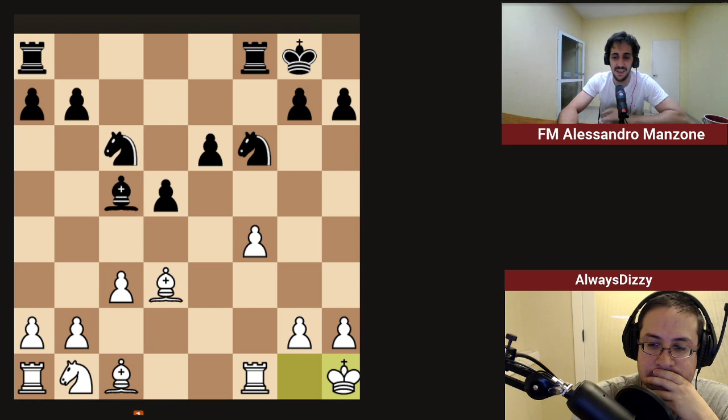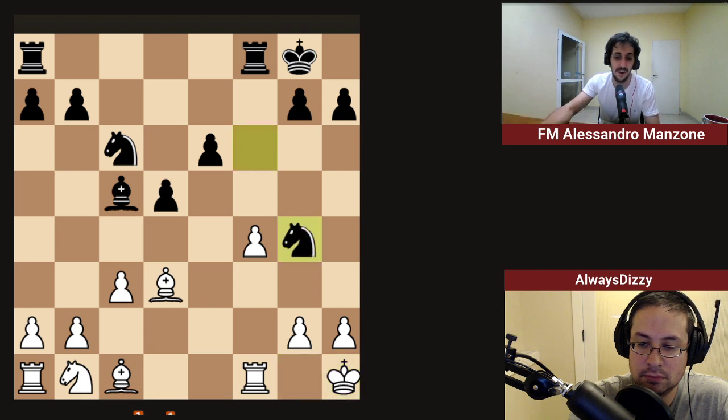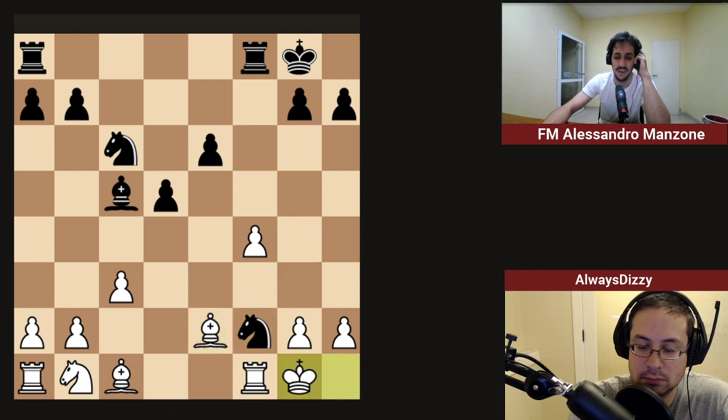After king h1, well, there were lots of emotions in this game. I wanted to concentrate on this point. He could have gone knight g4 now, and knight f2 is pretty much crashing. I mean, there's no good way to face it. You have to take this bishop on d3 out, because knight f2 is winning it. So something like bishop e2, knight f2 check, king g1 looks scary, but